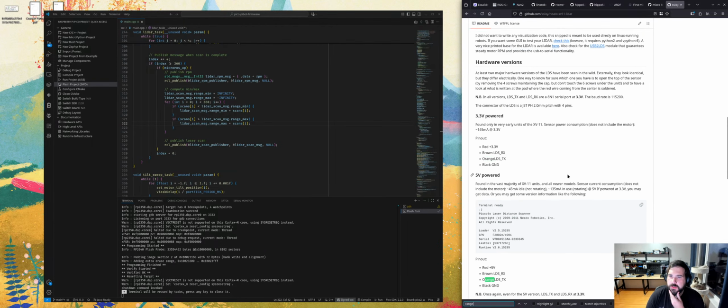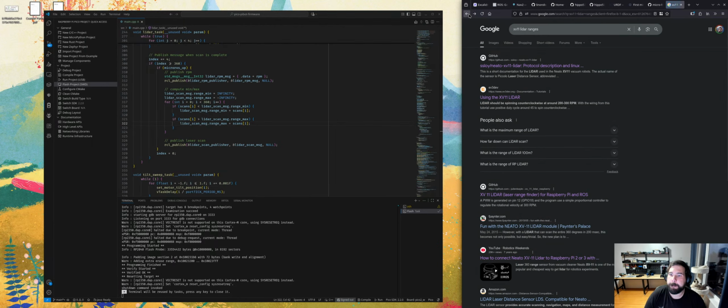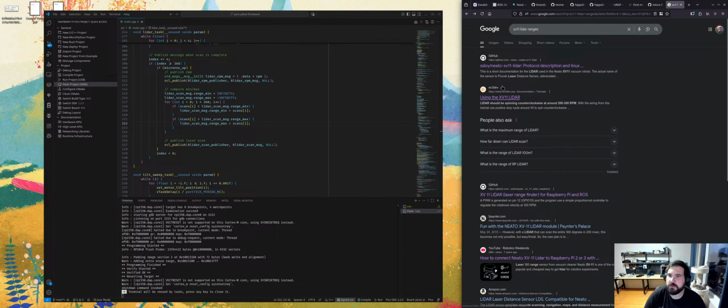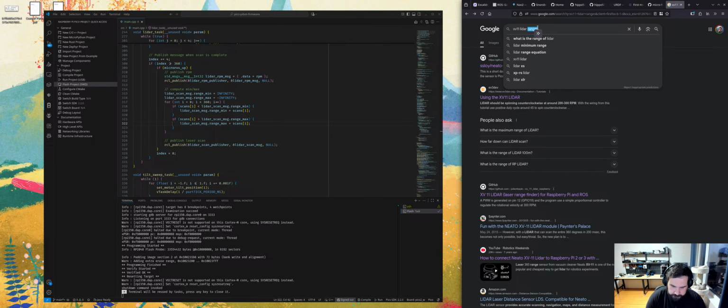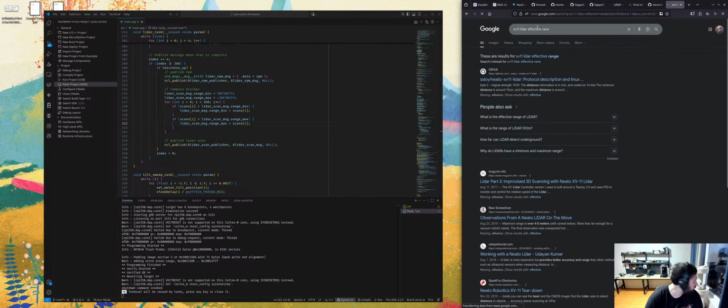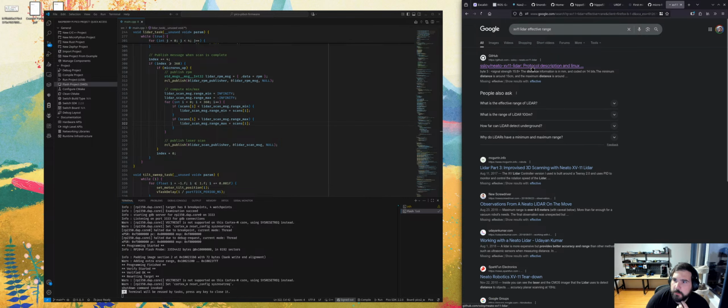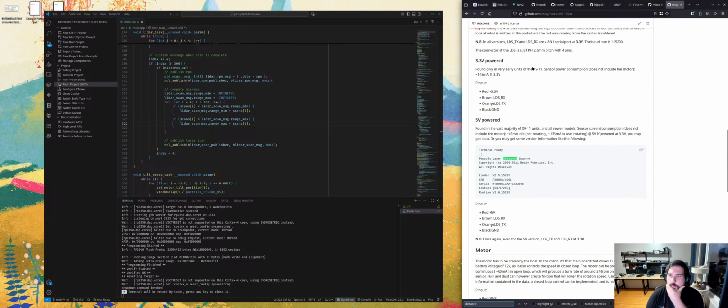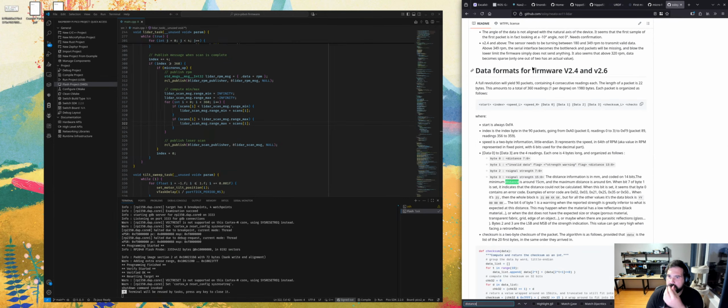Range doesn't really say. LiDAR effective range. Minimum distance. Okay, well, we'll do distance. Minimum distance is 15 centimeters. Maximum is around 6 meters. All right. So what we'll do is